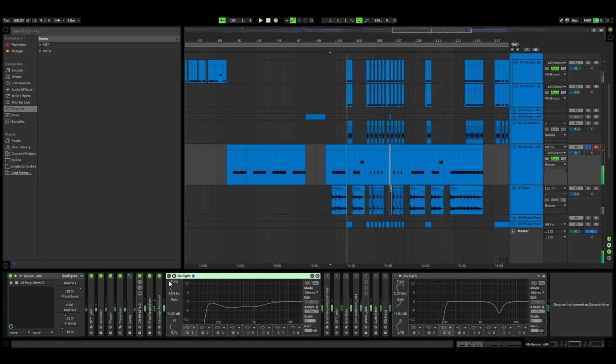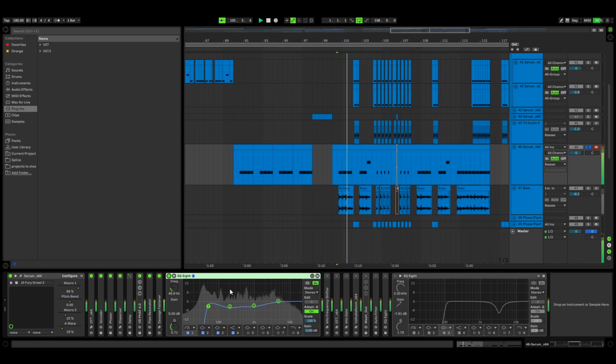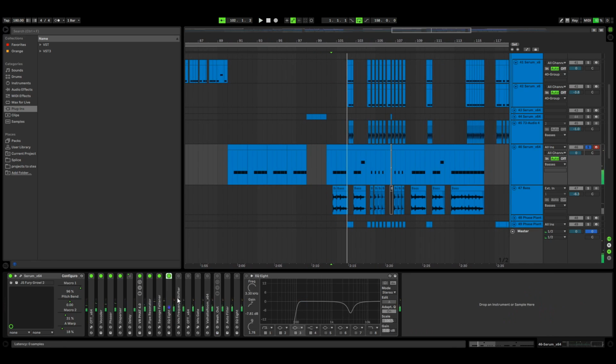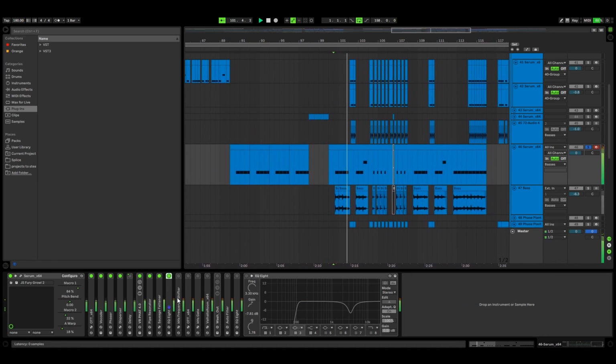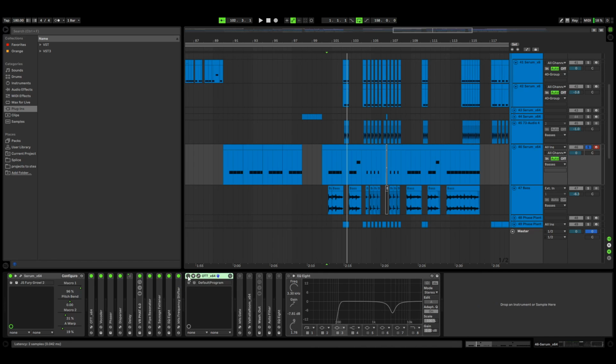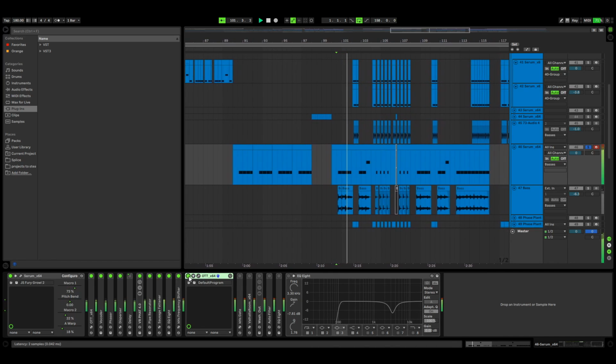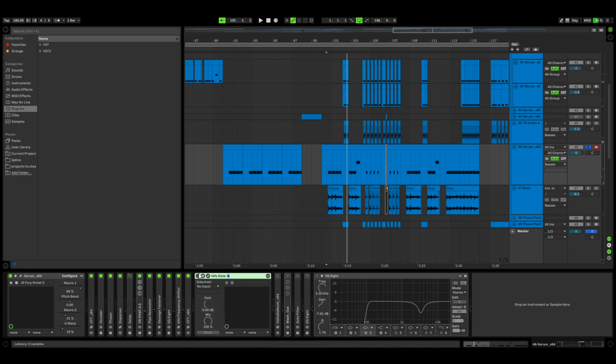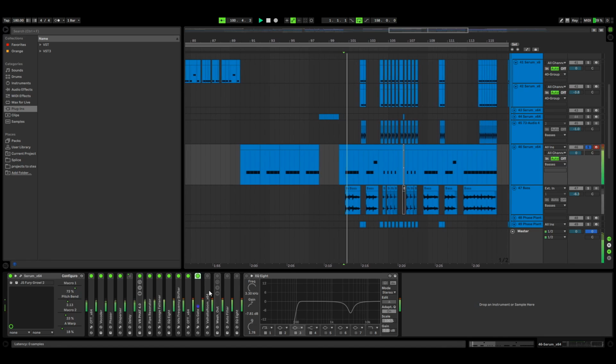Ooh, that's loud. An EQ to cut out some of the muddier stuff. Ooh. That was a weird laser noise. A frequency shifter, which I use later. I'll talk about that in a moment. Another OTT. Then I use a gate to cut out that tail that you heard, because it was messing up the mix a little bit.